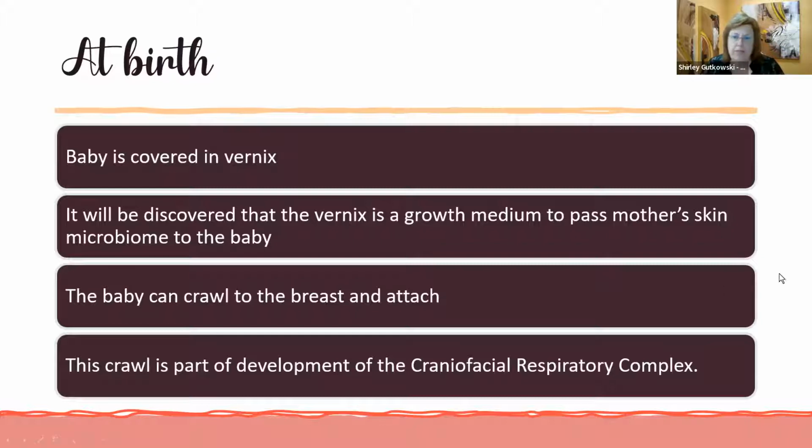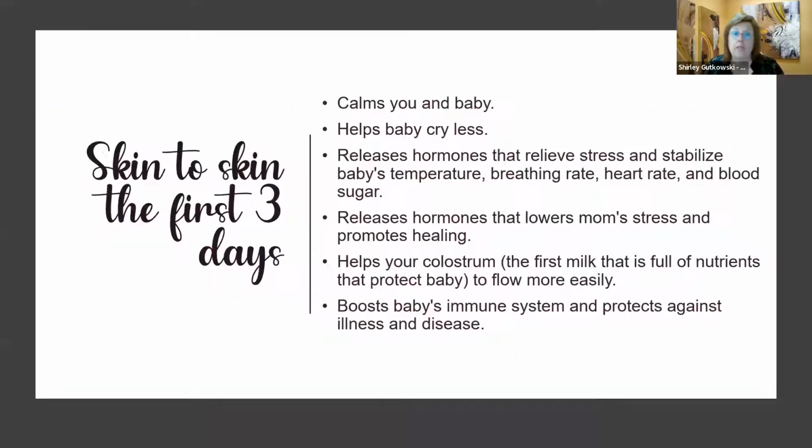I can't seem to find one again. I think because the naked boob was showing, so then they took it down, because heaven forbid we should know what that is. Skin to skin in the first 3 days helps to calm the baby, helps the baby to